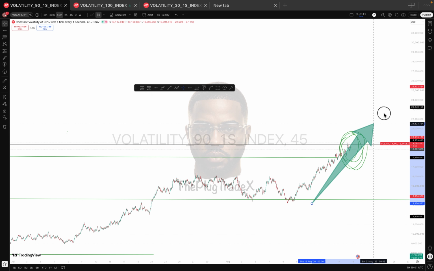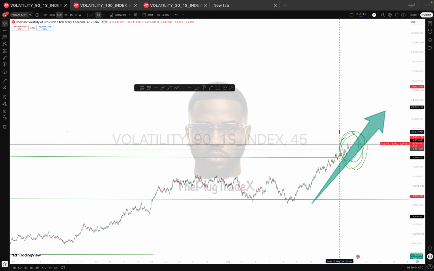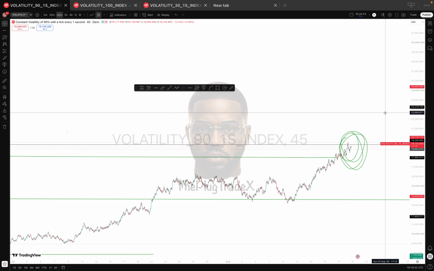These things are not hard though. I wish you guys to have an open mind when you come to the chart. Don't always feel like the chart will do what is in your mind. It has never worked. You will come and respect whatever is happening in the chart. So when you come to the market, you are open-minded. Oh, what is the market doing today? What is the footprint of the market? What is price action doing? What structure am I in currently, despite my price action? Because price action and market structure are not entirely the same thing. They might sound alike, but they have their own different meanings as well.